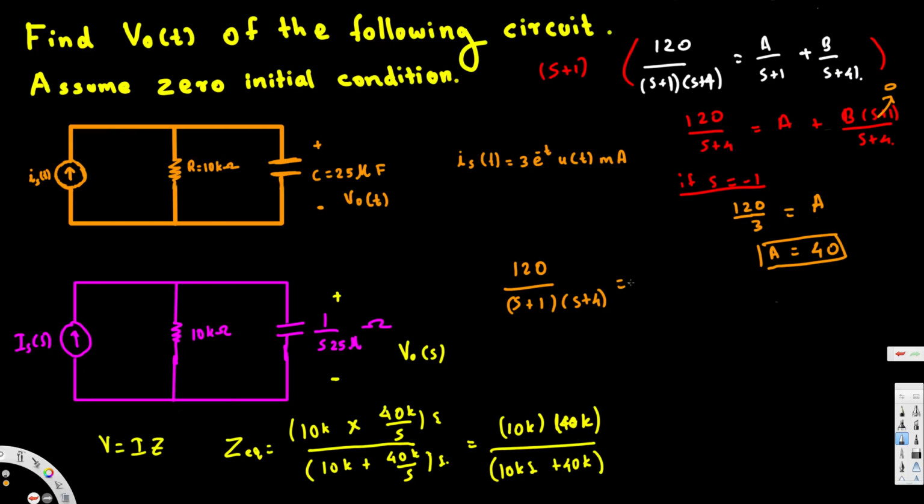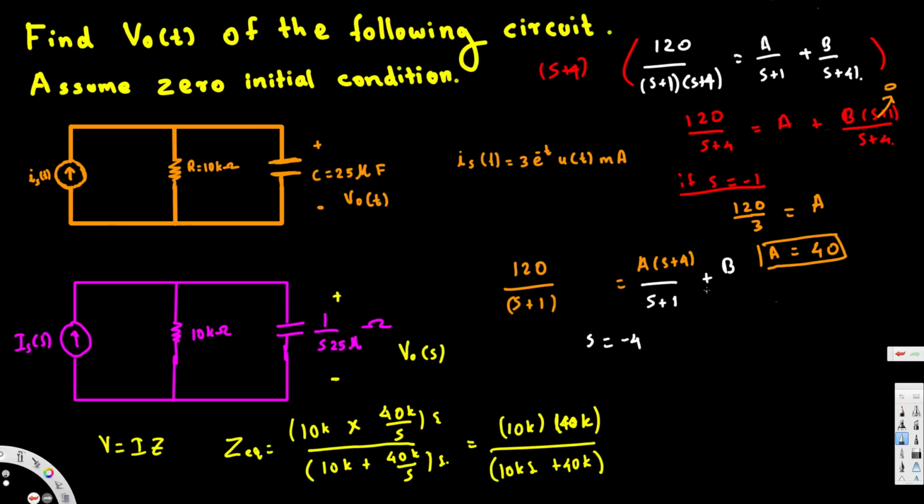So you will have 120 over s plus 1, and here you will get A times (s plus 4) over s plus 1, and here we will have B alone, because the s plus 4 denominator cancels. And now if we take s equal to negative 4,